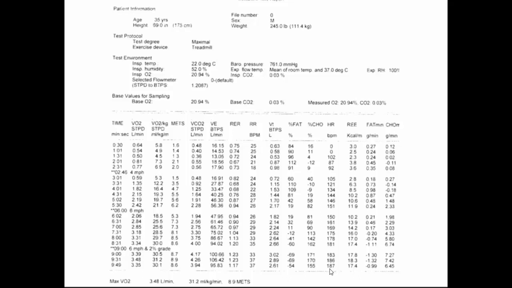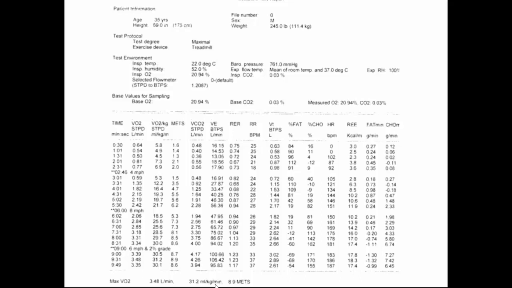For a 35-year-old guy, that's pretty good. And then he was burning 18 calories a minute. Wouldn't that be nice? But this is during maximal exercise. This is where he was fatiguing. And to give you a relationship here, 31 milliliters per kilogram per minute, the highest recorded VO2 max was from